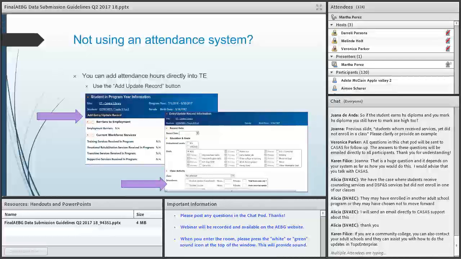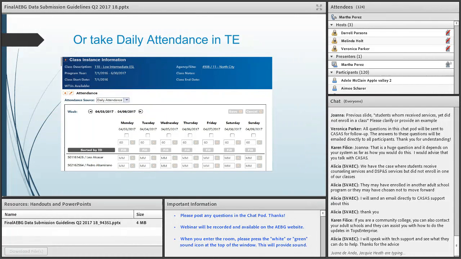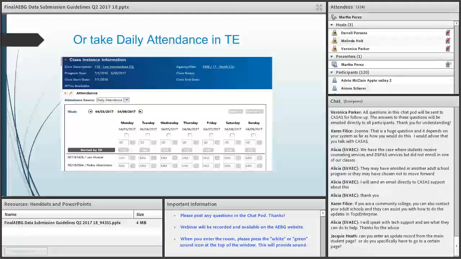Again, the student update cumulated and student update could be a whole other different topic, a whole different training on that. And if you have questions on what these two categories do, please feel free to send them to techsupport@casas.org, or you can call us at our 800 number, which we're going to display a little bit later in one of the other slides. And we can send this PowerPoint presentation to your email directly, like Veronica said at the beginning, or you can download it here from the application that we're looking at right now.